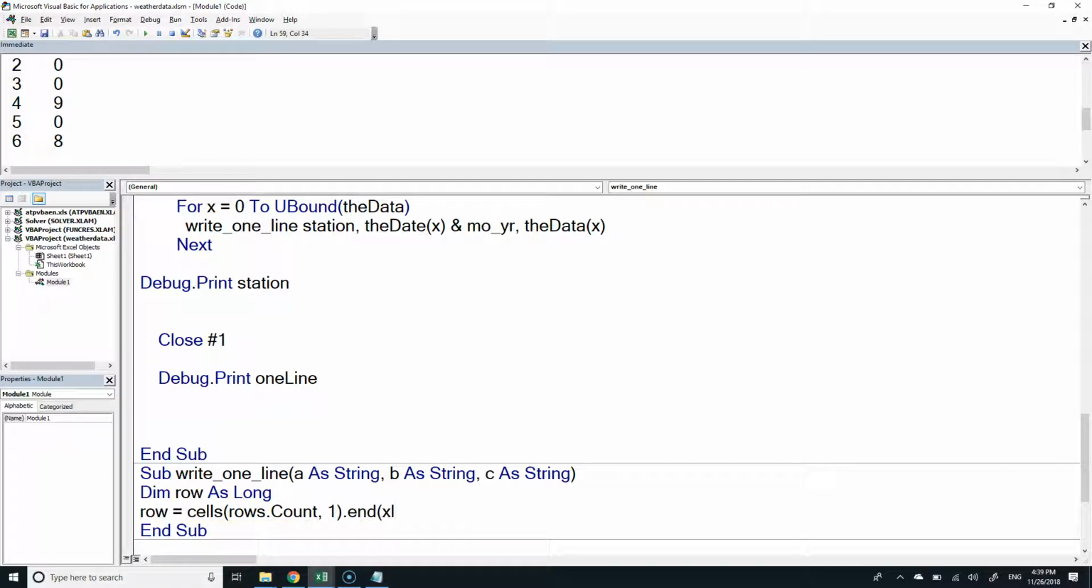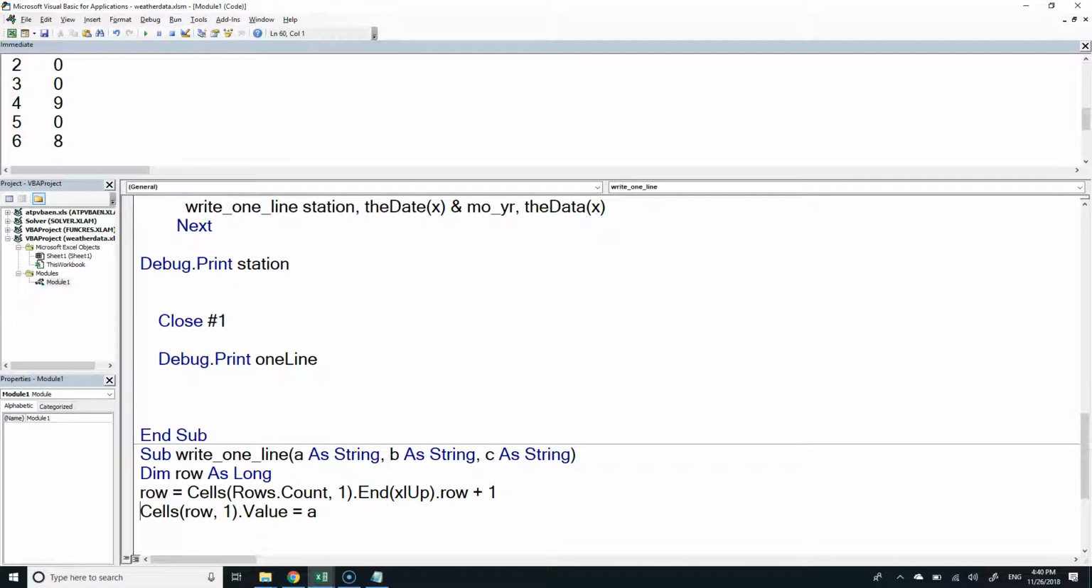And xlUp dot row plus 1. So that's going to figure out from the bottom of the worksheet, come up until it bumps into text, ask for the row of that, and then add 1 onto it. That's the row we're going to have to write to. Cells row comma row, or row number row, column number 1, dot value equals whatever's passed in the first position,